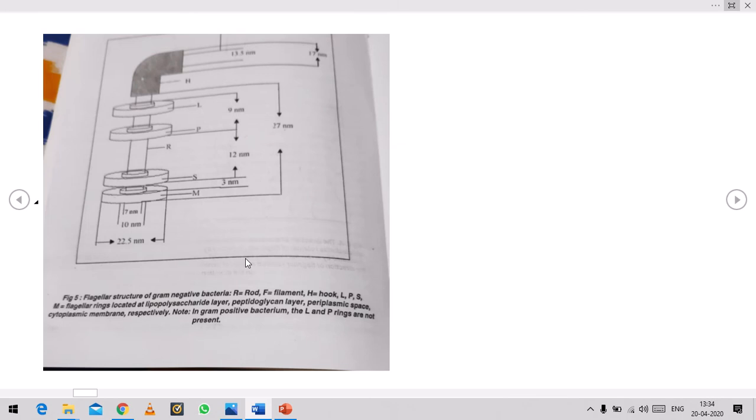Now the subfibril consists of protein, the flagellin. I think I have also spoken about this in the last lecture. Generally the molecular weight of this is 30,000 to 40,000 daltons. Flagellin is a protein synthesized in this particular structure only, and it contains a high amount of acidic amino acids and a low amount of aromatic amino acids.